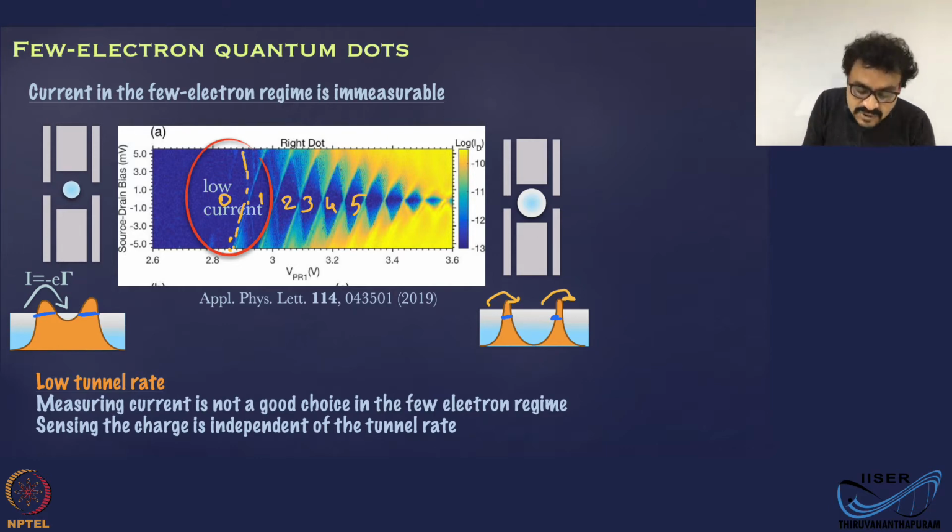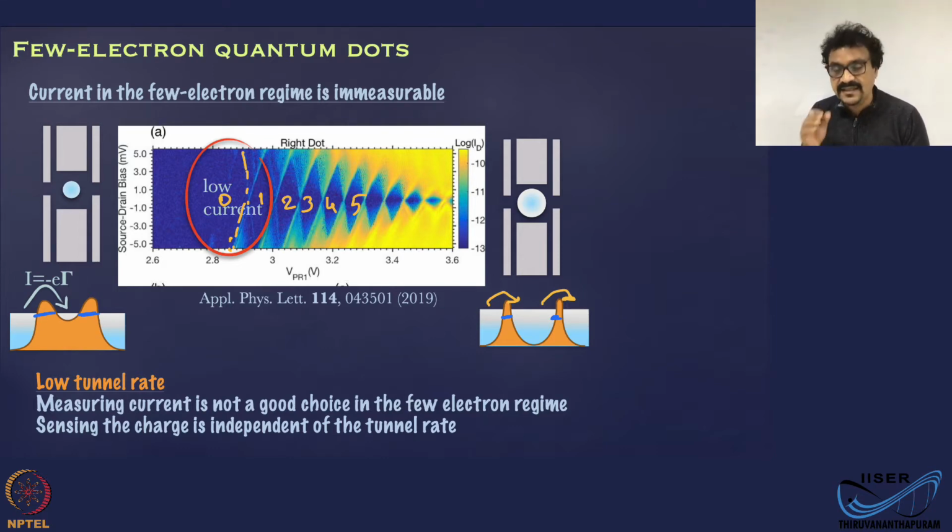You can sense the motion of the charge. Okay, so if you have some kind of device where you can sense the charge rather than sensing the current, the current senses the tunnel rate, whereas the charge sensor is going to sense the charge, not the rate, whether there is a transition or not, that the overall electron number is changing or not. That's what the charge sensor is going to sense. So what you really need is a charge sensor, not a current sensor, specifically in this case.